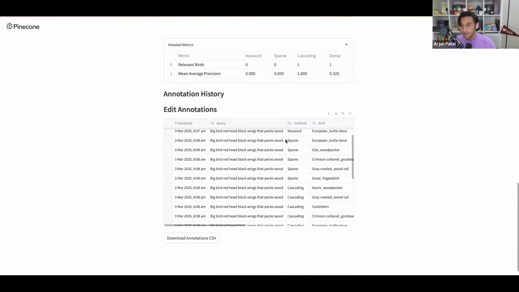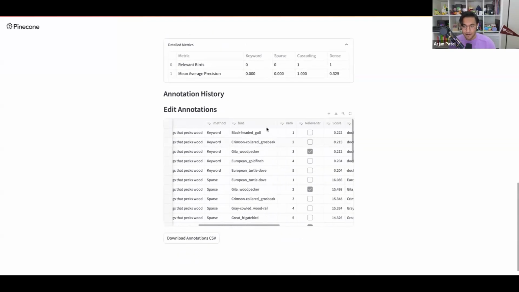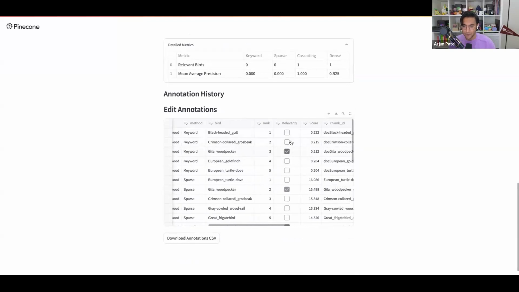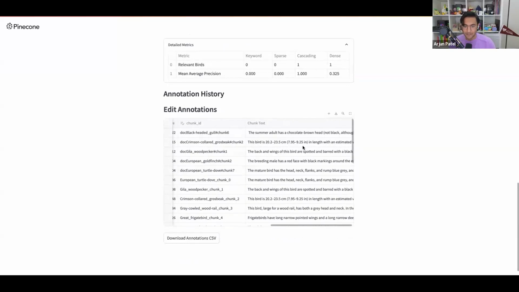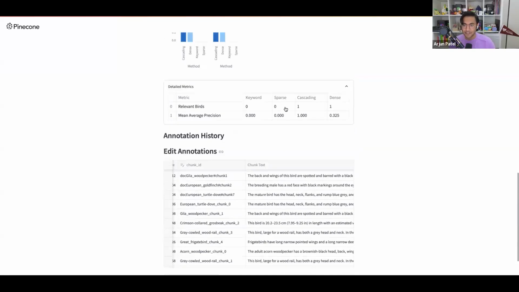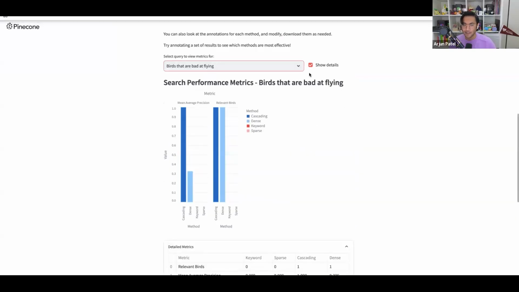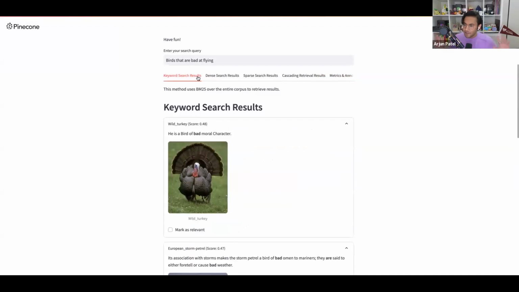By the way, this interface allows us to log all the results we're looking at and edit them. So if we want to change their relevance, see the scores, see the chunks that are returned, even the document IDs, we can do that, download the CSV, and get an understanding of what's going on here. Creating an interface like this is really helpful for understanding how useful any given search method is for your corpus. So I hope that in sharing this type of demo and this repository, you all can learn how to approach these ideas, how to implement these kinds of search, and then how to compare them.